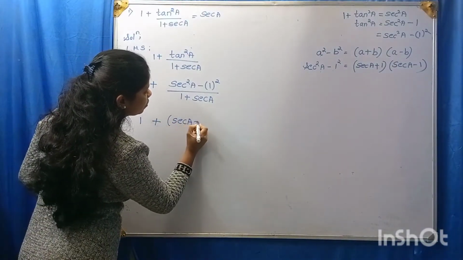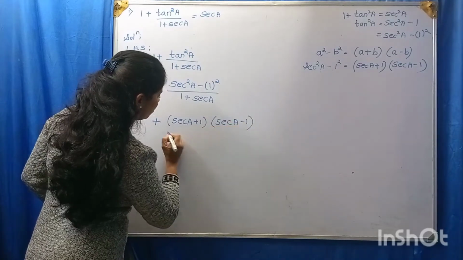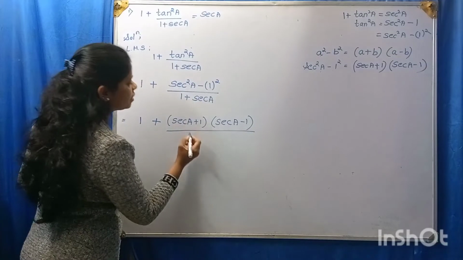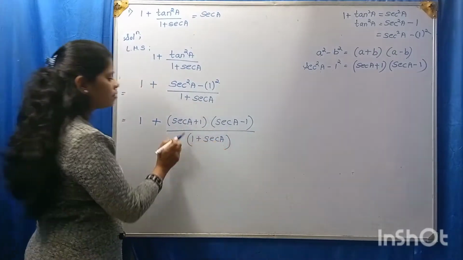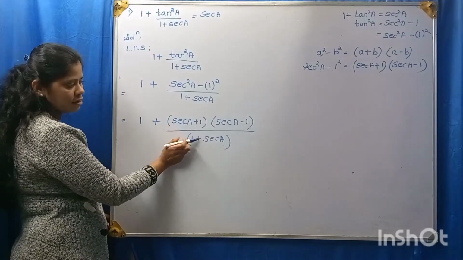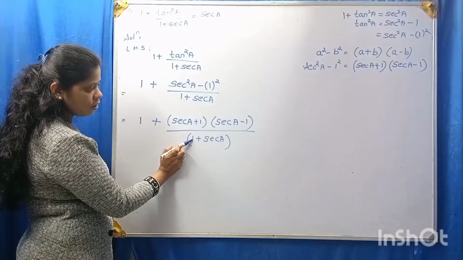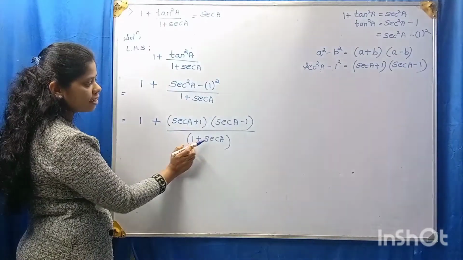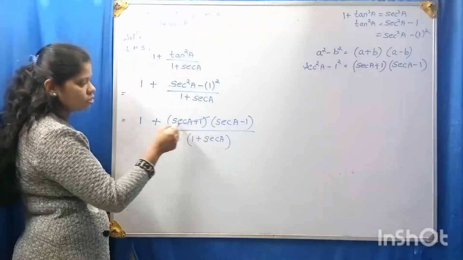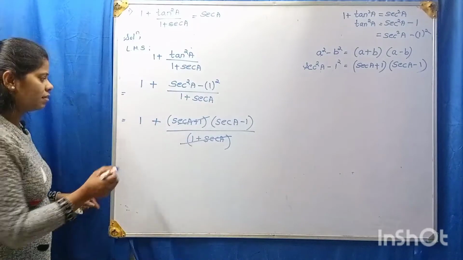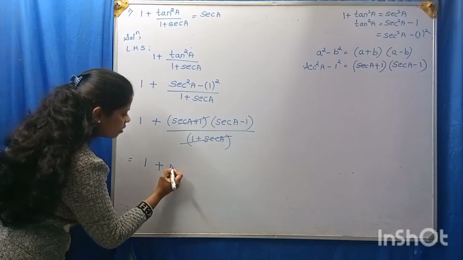Secant A plus 1 into secant A minus 1, divided by 1 plus secant A. See here, this one and this one will get cancelled. Because for secant A there is a plus sign, for 1 there is a plus sign. Here also 1 has a plus sign, secant A has a plus sign. Both are the same, right? Therefore, this one and this one will get cancelled. What is left? 1 plus secant A